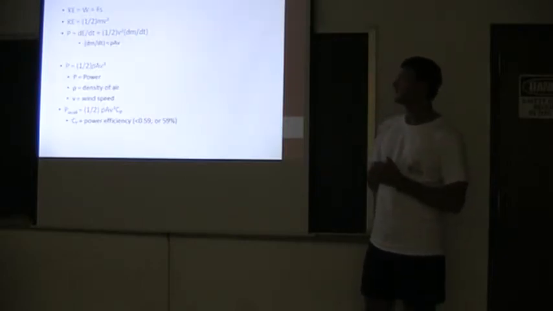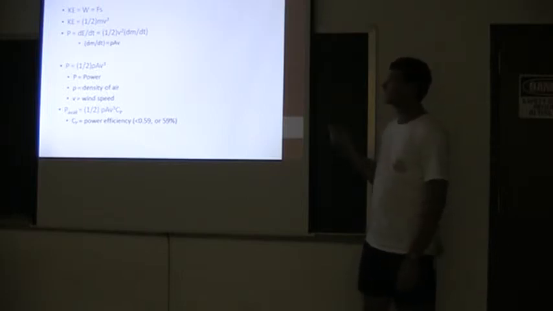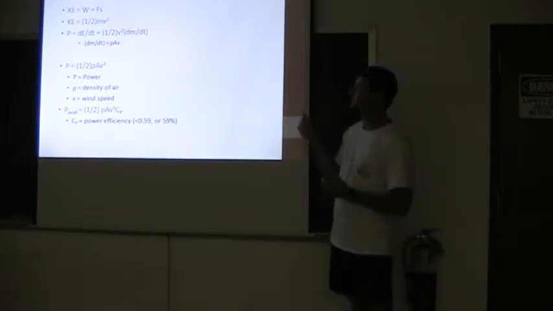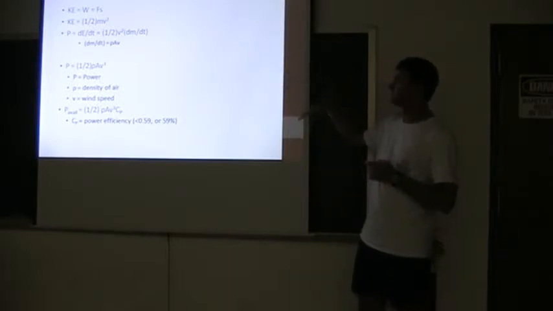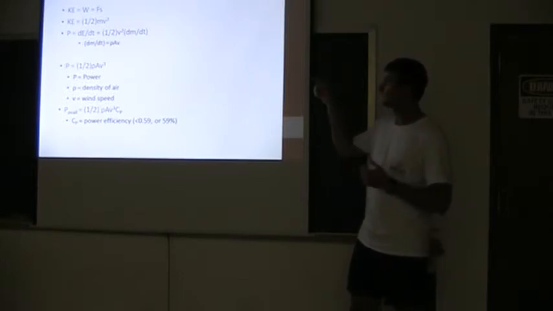So to calculate power for a wind turbine, you have your kinetic energy, which is also your work. Your work is your force through distance displaced. So deriving kinetic energy of 1/2 times mass flow rate times your velocity of the wind squared. To get power, you take the time derivative of energy, and from there you're able to calculate that the power